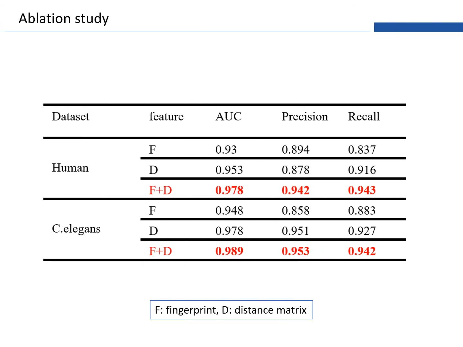Furthermore, we evaluate the influence of using different compound features for CPI prediction on Human and C. elegans datasets. We use the distance matrix feature alone and the fingerprint feature alone to compare with the combination of the two to build CPI models. We adopt the composite AUC metric as the indicator. The result of the prediction model is reported in the table. The combination features appear to be most informative.